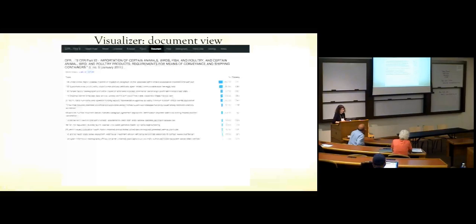I'm going to go to the document view, and in this case, this is Part 93 of Title IX of the Code of Federal Regulations. It contains a lot of agricultural regulations associated with plants and animals and inspections and import and export. And this particular view is showing a ranked list of topics that are associated with the whole of the part in Title IX. We can make the granularity. We built the model this time based on part granularity. We can also build it based on section granularity.